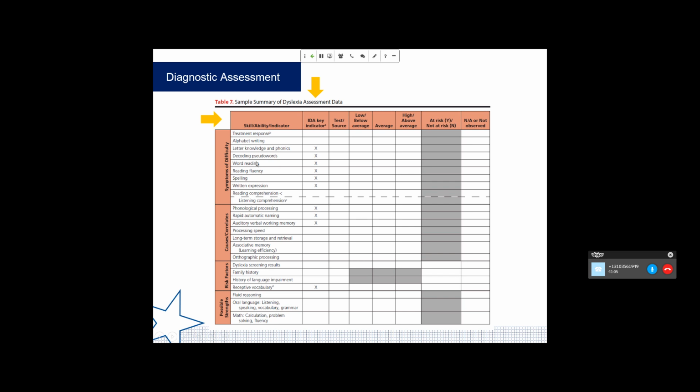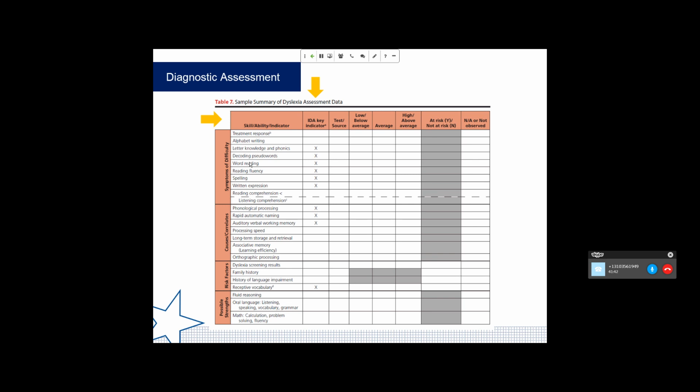And then just as one other example, a student may be weak in word reading or spelling, and a dyslexic individual oftentimes is weak in both of these areas. But depending on the diagnostic assessment you gave, you may or may not have detailed enough information for intervention. So for example, we might know a student is weak in spelling or reading, but do we know on what types of words? Single syllable, multi-syllable. Do we know on which patterns? Short vowel A, inflectional suffixes. And so we want to take a closer look.